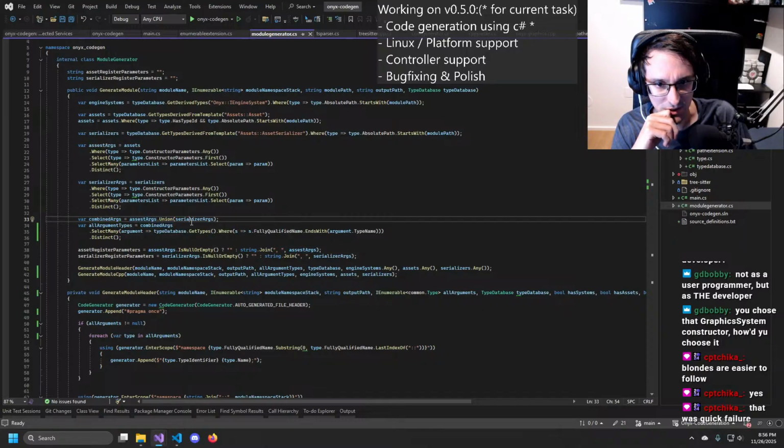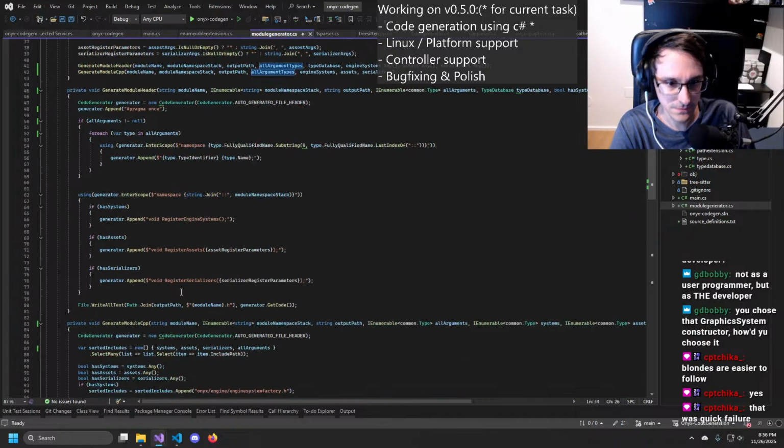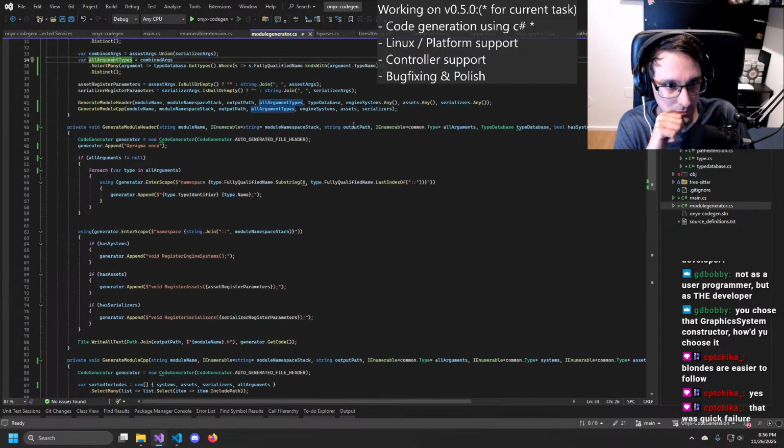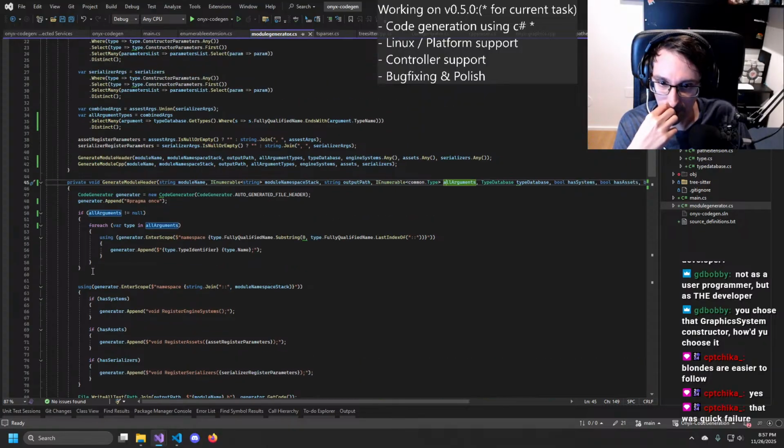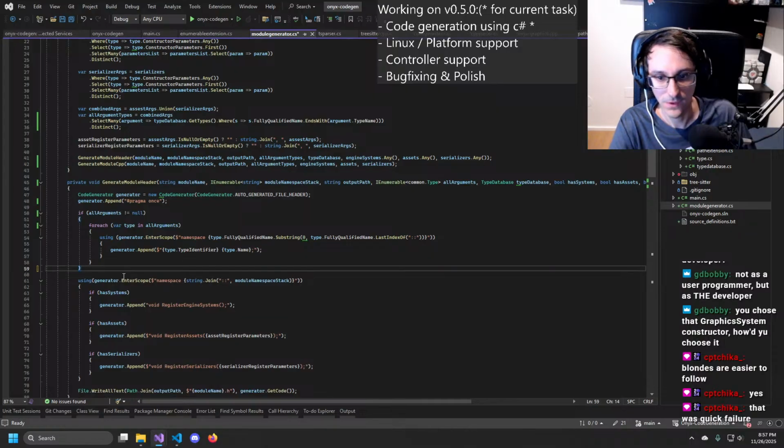Combined args is asset args, union serializer arg. And I'm probably... What do I use those again for? Ah, for forward declaration. Yeah, that's fair. I don't think I need a forward declaration here.